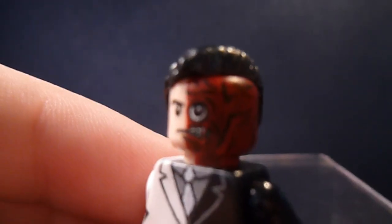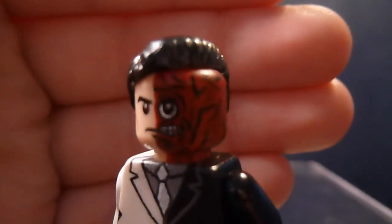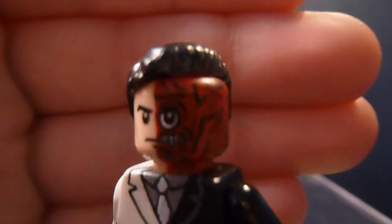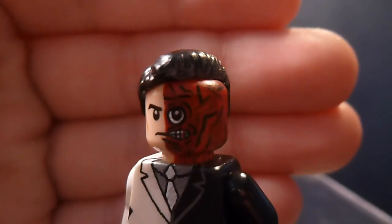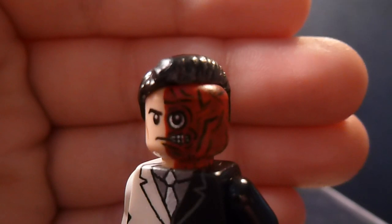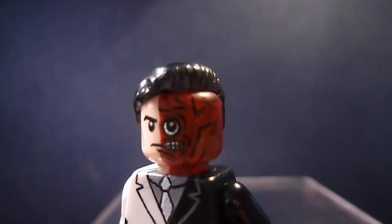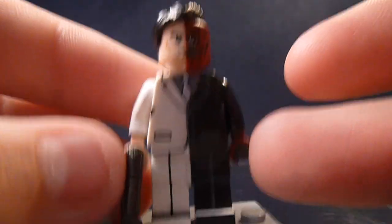So if I get a little closer in here, it's having a really hard time wanting to focus. There we go. So you can see I actually painted this. This was just like a Bruce Wayne, like Loki head, the head that's used for like generic guys in Lego all the time. And what I did was I just painted half of it red, then went in with black and a slightly darker red and just added some highlights. I painted in the teeth there, and I painted around the eyeball, similar to how the official like 2006 Two-Face Lego minifigure is. Then I also painted his hand to match that color red, put his coin in his hand,